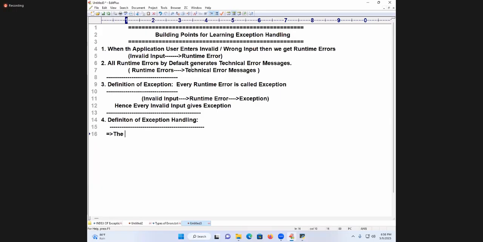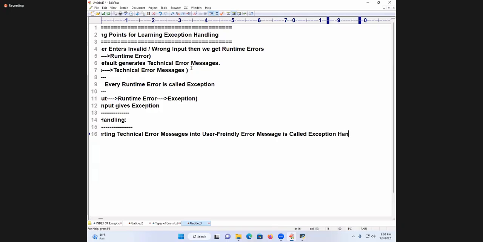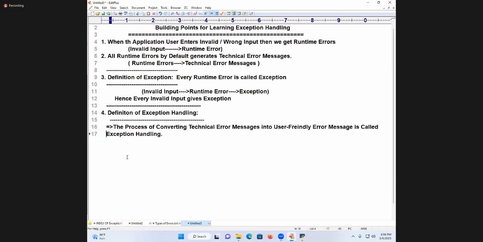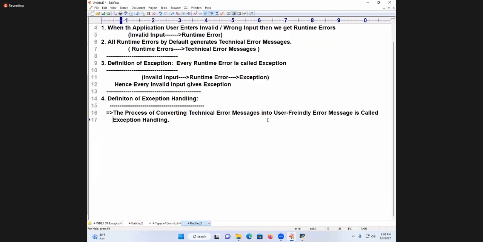The process of converting technical error messages into what? User-friendly error messages is called exception handling. Are you following me? The process of converting technical error messages into user-friendly error messages is called exception handling.